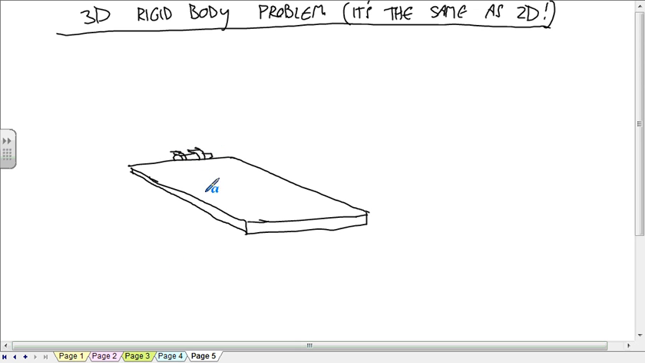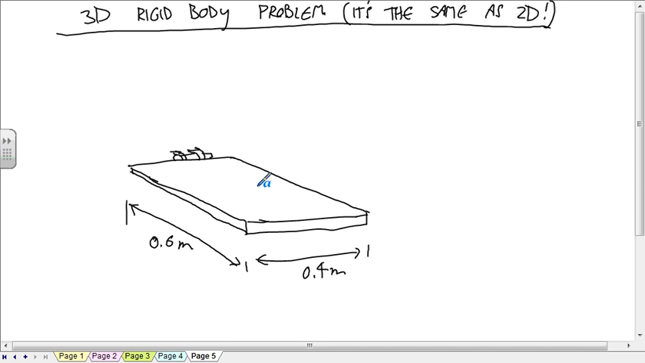Okay, but this joint lets it rotate like this, but doesn't allow any other type of motion. And let's say that the lengths are 0.4 meters, 0.6 meters,